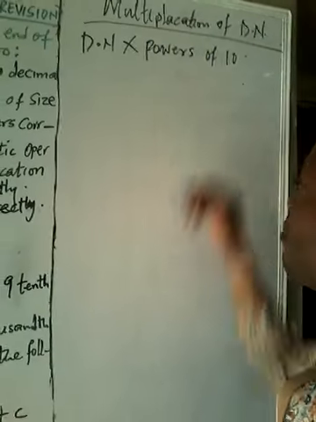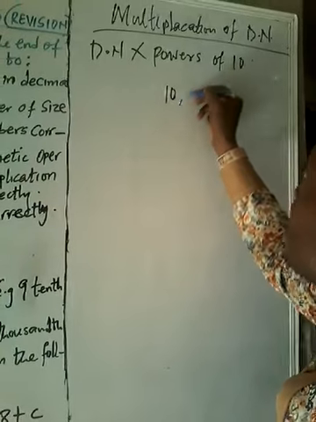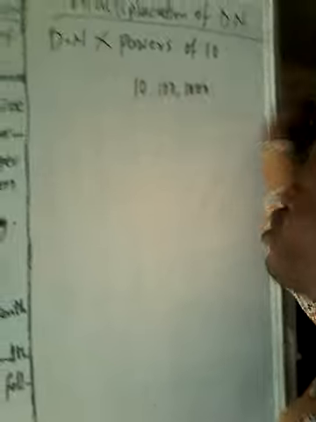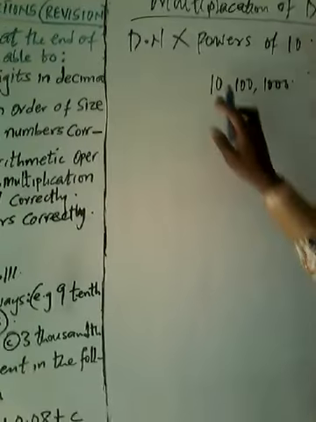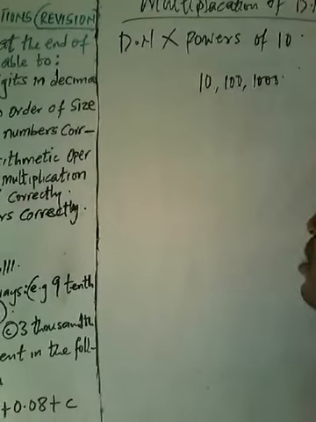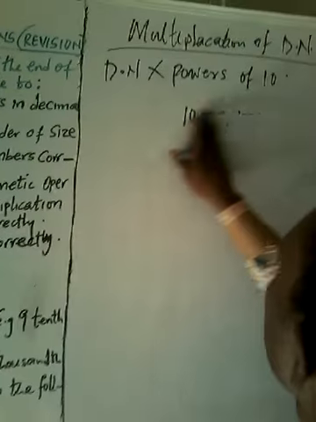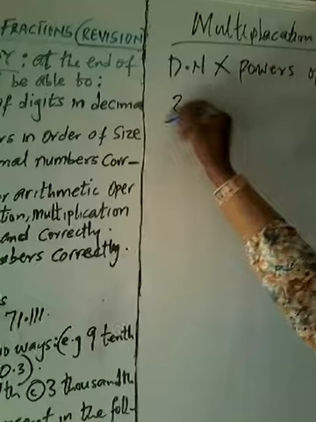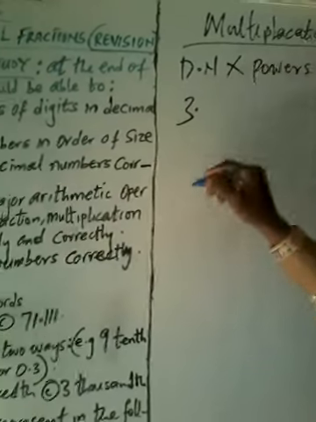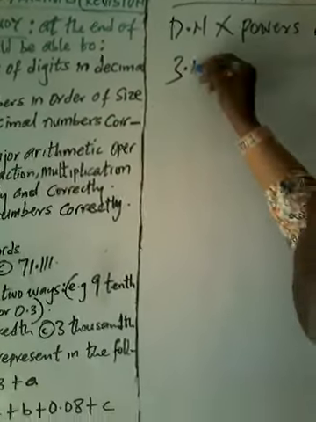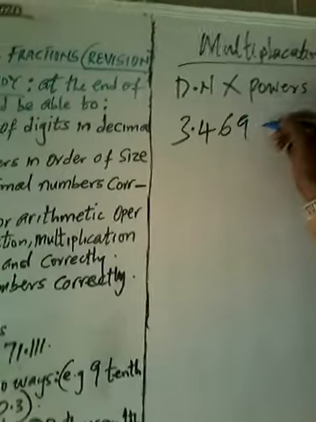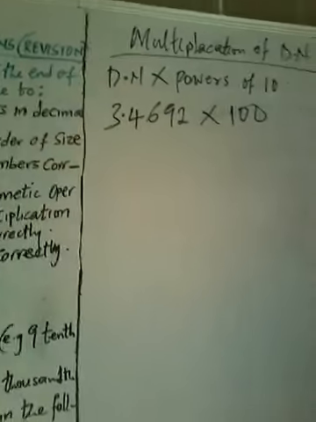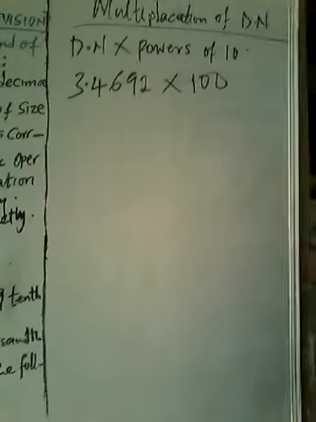What are the powers of 10? Powers of 10 mean 10, 100, 1000, and so on and so forth. Numbers that have 1 and 0, 0, 0, and 0 at the back. Now, if I give you an example, like 3.4692 multiplied by 100. If you have to multiply this, many of you will go multiplying